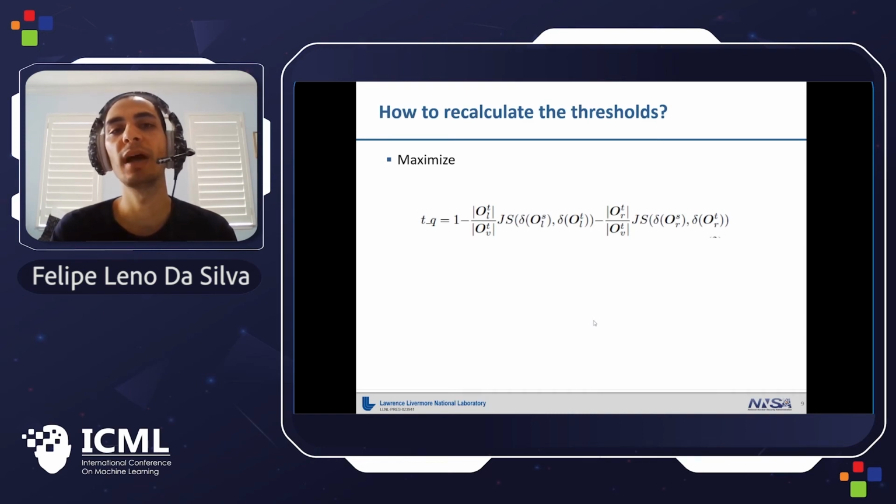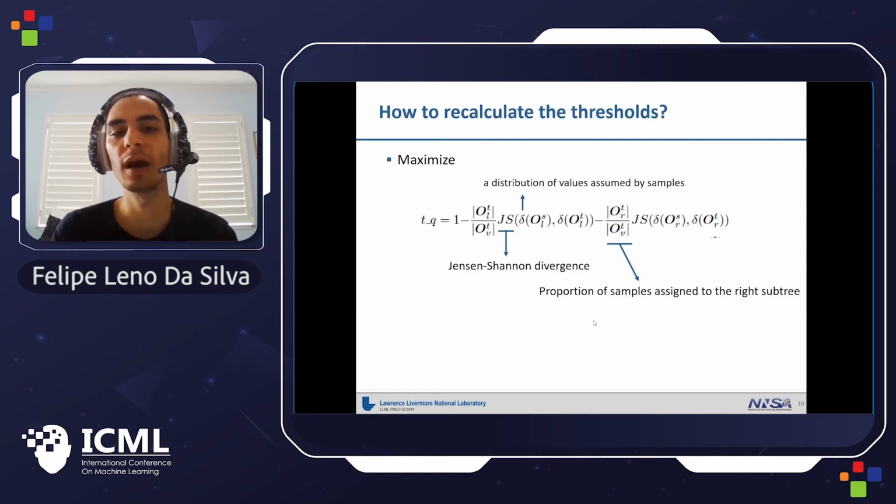And the way we do that, we recalculate the thresholds based on this metric that is shown here. So basically we maximize it. And what does this metric mean? Basically we are minimizing the divergence between the distribution of values assumed by the samples in the left subtree and in the right subtree before and after the test changes.